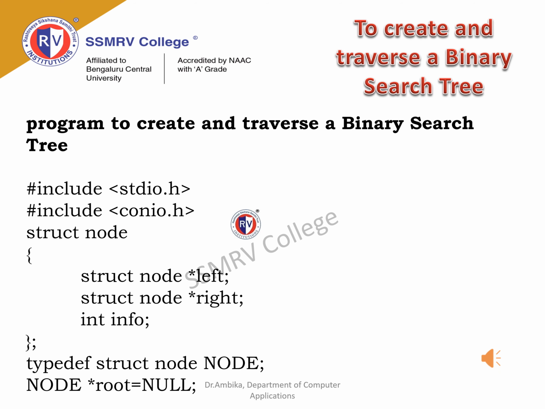The program is to create and traverse a binary search tree. We start the program by listing the library files required. We create a structure by name node. We have two pointer variables by name left and right. An integer variable is initialized named info. We create the first node by name root and initialize it to null.